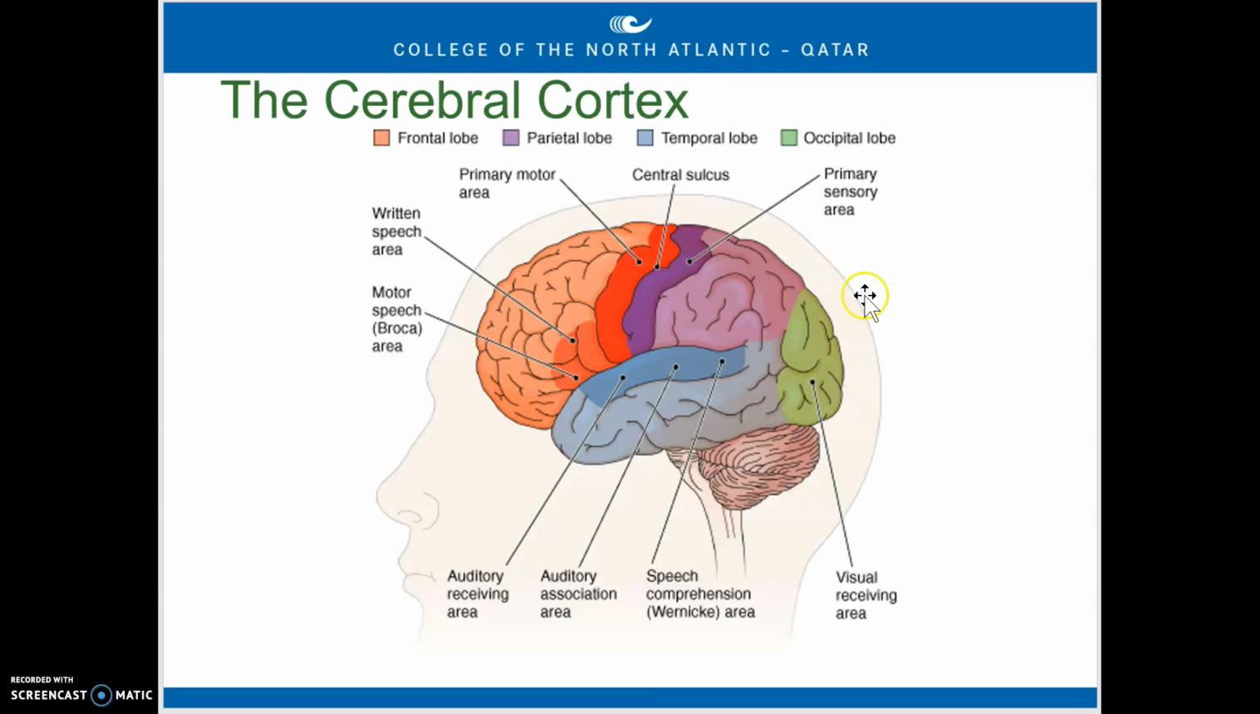Here's a look at the lobes again, and on each lobe we've got different colors, and we've also highlighted where each part of these lobes are, what function they're responsible